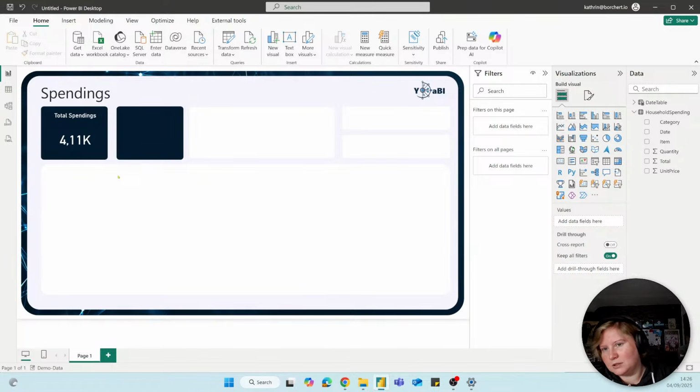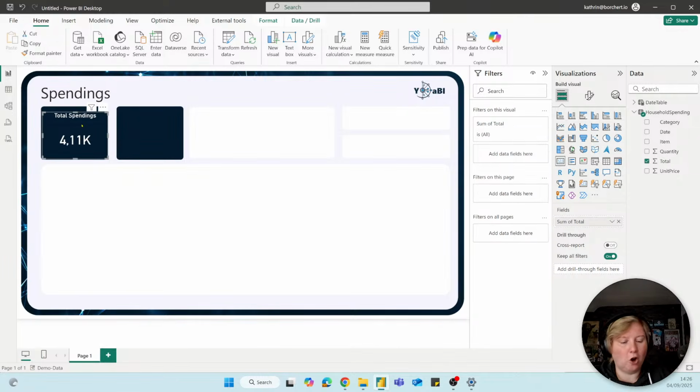If someone has some questions. If not, then we will go on with our next card. And the good thing, we have already the format for the next card. So we can simply click on it and copy and paste this card. You see? Saved us a lot of time. Still half an hour left for the rest of the report, and I'm not sure, maybe I'm faster than before, but it feels like it. Okay, if we now want to have the average spendings per day, per week, we can go on the right side,